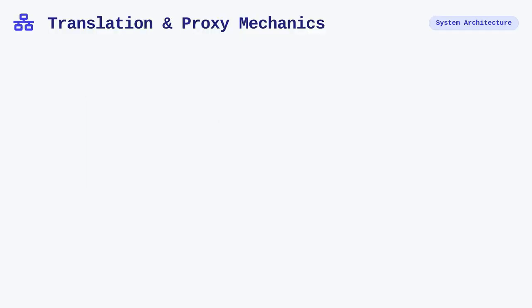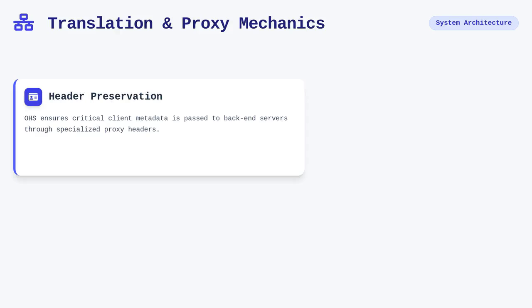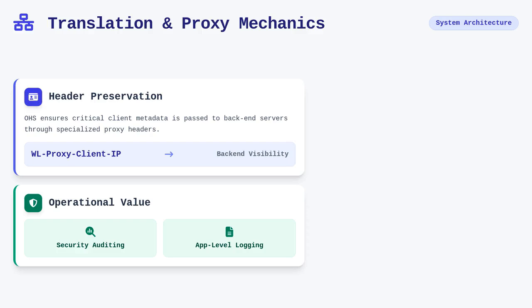The translation mechanics involve not just path-based routing, but also the preservation of critical header information during the proxying process. As the OHS handles the request, it adds headers such as the WL proxy client IP to ensure the backend servers have visibility into the original client metadata. This level of transparency is essential for security auditing and for any application-level logging that depends on identifying the source